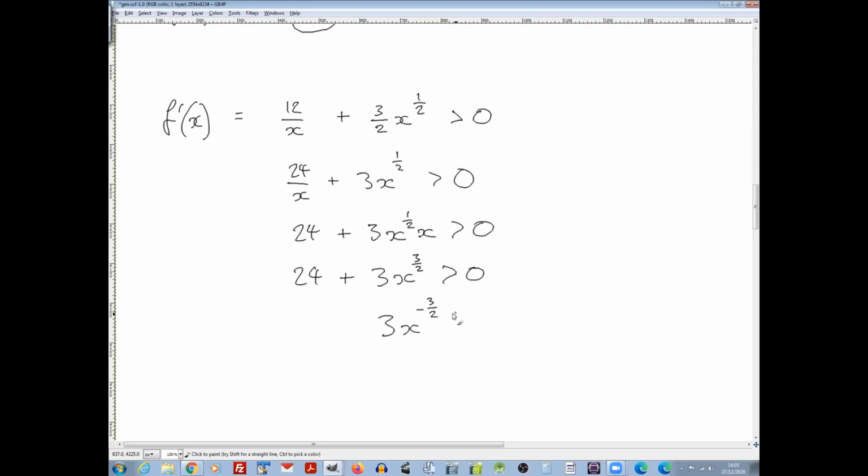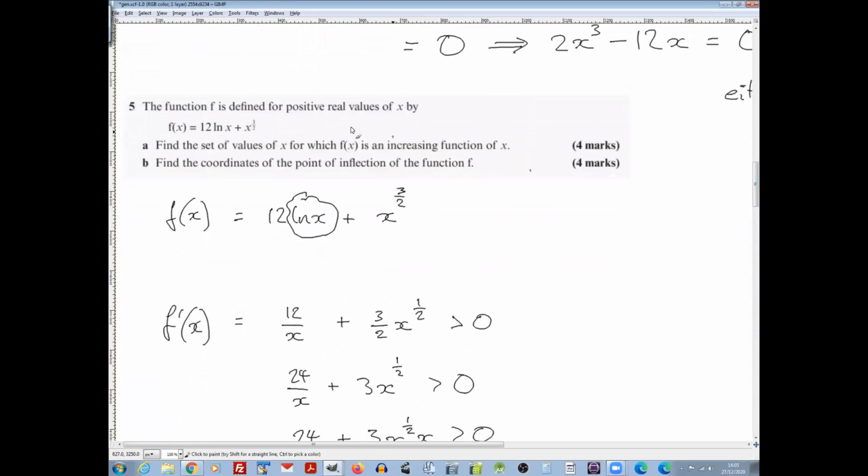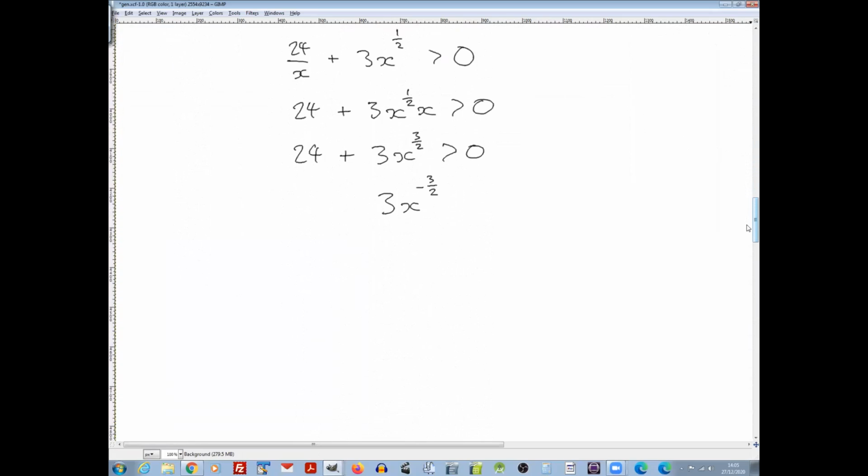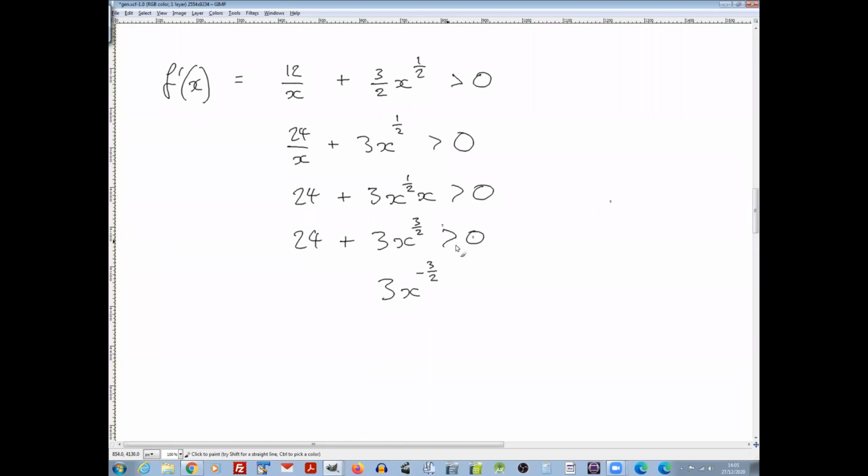And notice, because there are no negative values of x, we are allowed to multiply and divide by x on both sides of an inequality